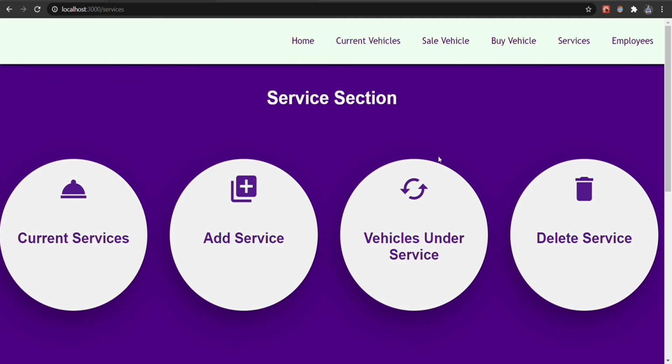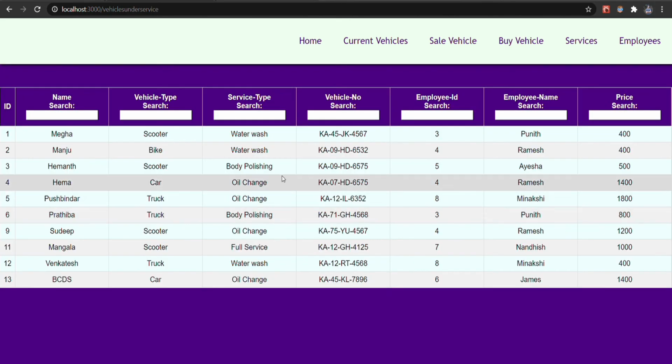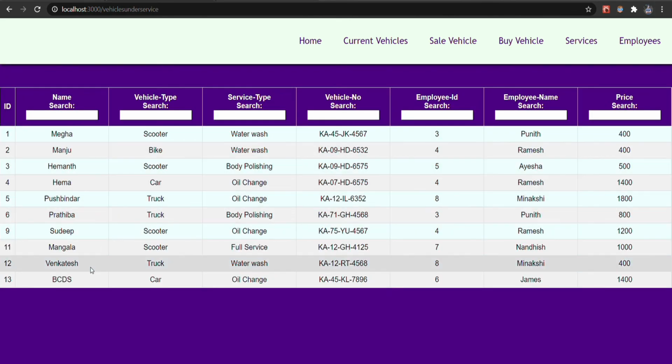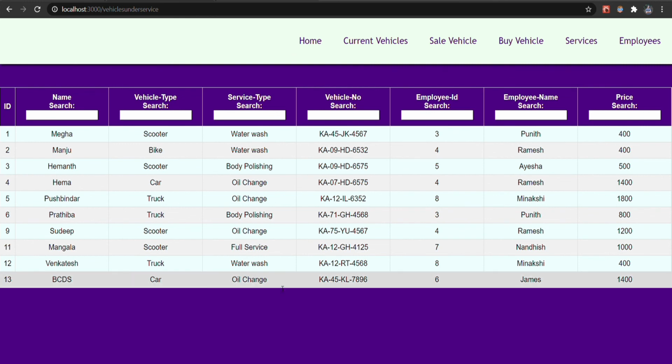Next is the vehicles under service page. Here we can check out the vehicles which are currently taken under service. Since I previously filled the form for this vehicle number, this particular vehicle is taken for service.